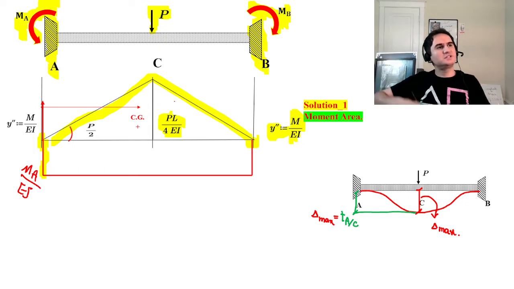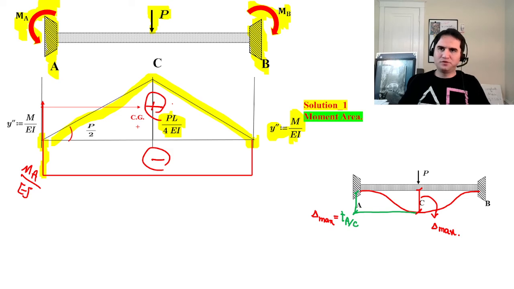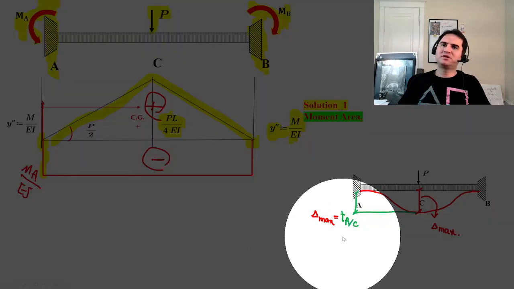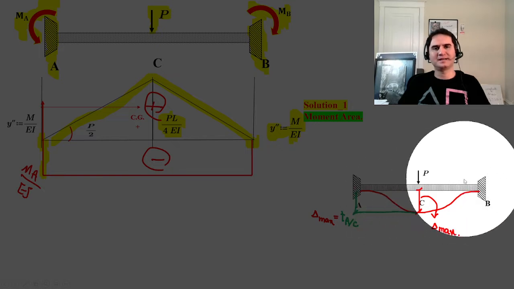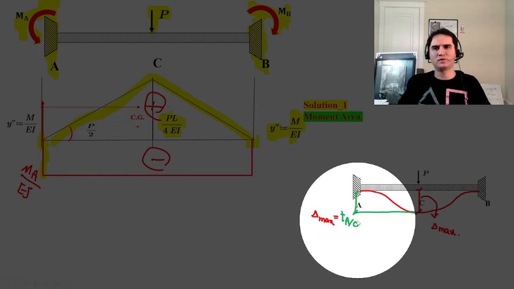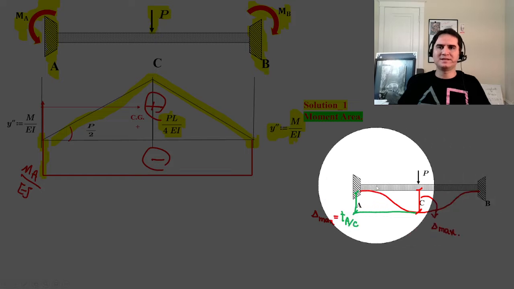The addition of these two shapes gives us the area under the moment, so this is a negative one and that's a positive. And if you look at the geometry of the structure, with a concentrated load applied at the center of a two fixed support beam AB, you can easily see